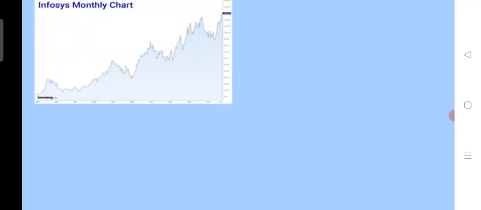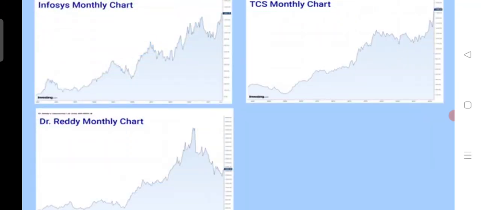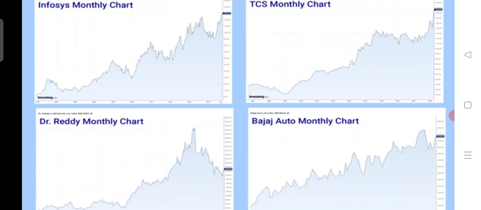But if we are comparing 3-4 price charts, like 3-4 stocks at the same time, like Infosys, TCS, Dr. Reddy and Bajaj Auto, if we want to compare these charts on a single two-dimensional chart, we can plot them in the form of lines and easily understand how differently the share price of each individual stock is behaving. So this is about the line chart. We can have it in 1 minute, 5 minute, 10 minute, hourly, daily, weekly, whatever time period we want.